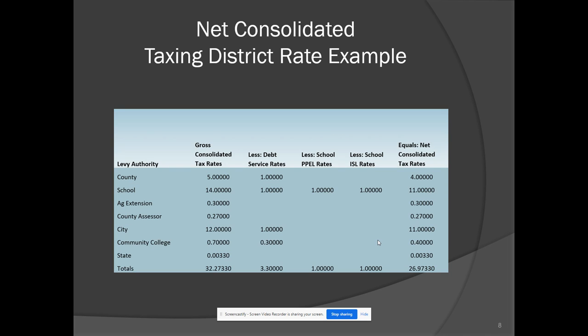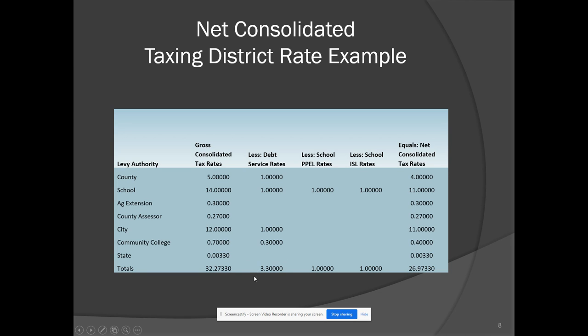So just as an example, if we look at a particular taxing district, we see our variety of common levy authorities here: county, school, ag extension, assessor, city, community college, the state, brucellosis, and total. And this is our gross consolidated tax rates, just really round numbers to be simple. So this is their tax rate minus any debt service levies. So not all these folks can levy for debt service, but in our example here, the county and the school are levying, as well as the city and the community college. So of this total consolidated tax rate,